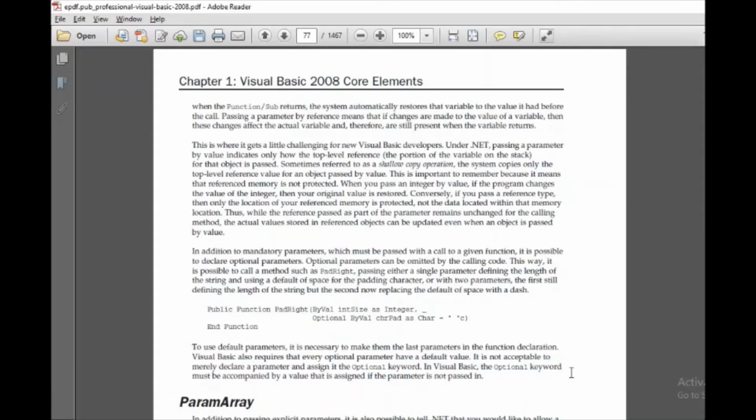So by value means the values won't be changed in the calling program, they will remain the same as they were when you called the function. But by reference, the values will be updated to the new values assigned inside the function.